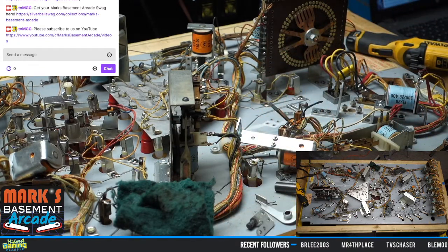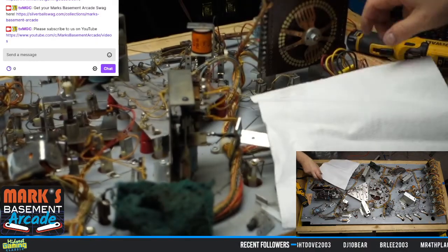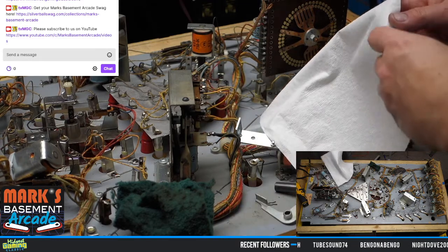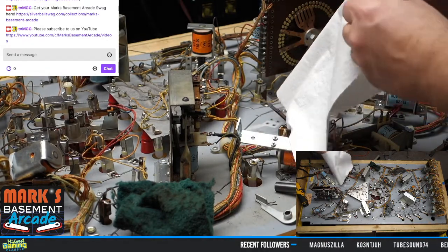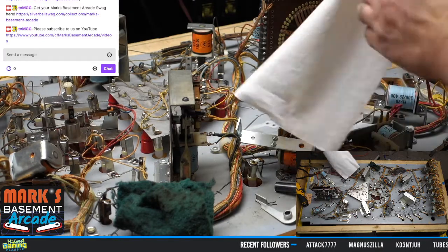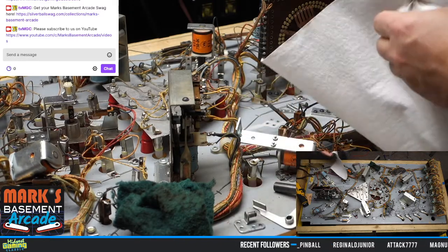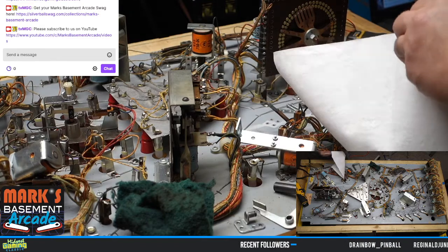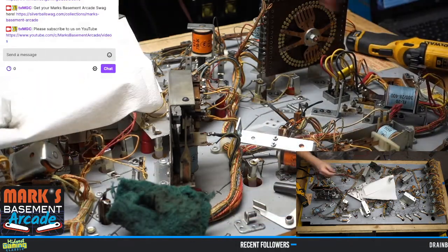Let's get that. Paper towel, and I'm going to block you. Get that there. I don't even know why I bring my alcohol out sometimes. You hardly ever use it. Get that, we will clean this off. So we're getting all that nasty old grease off. That's clean. Get the old grease off this. That's off that. Now we will get